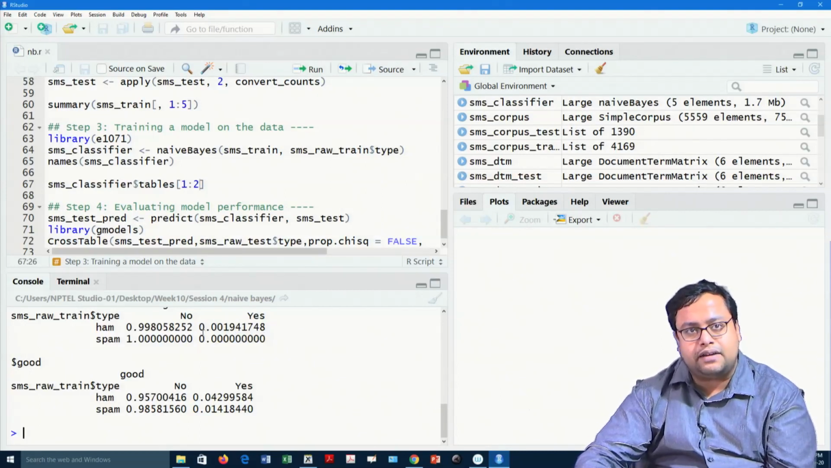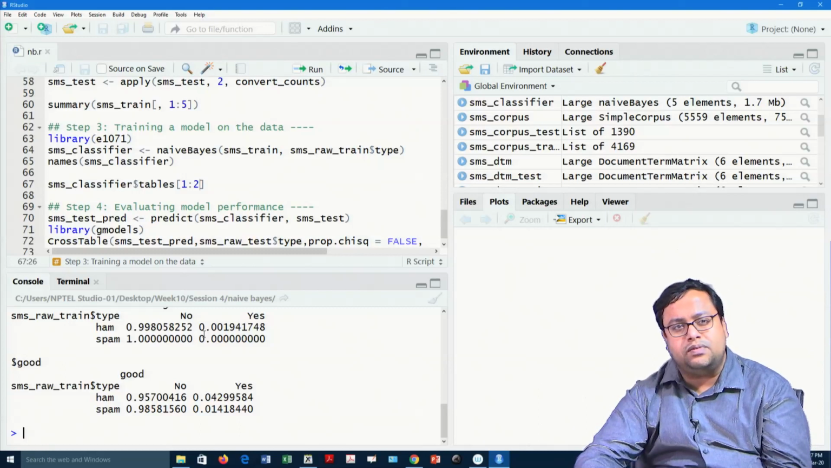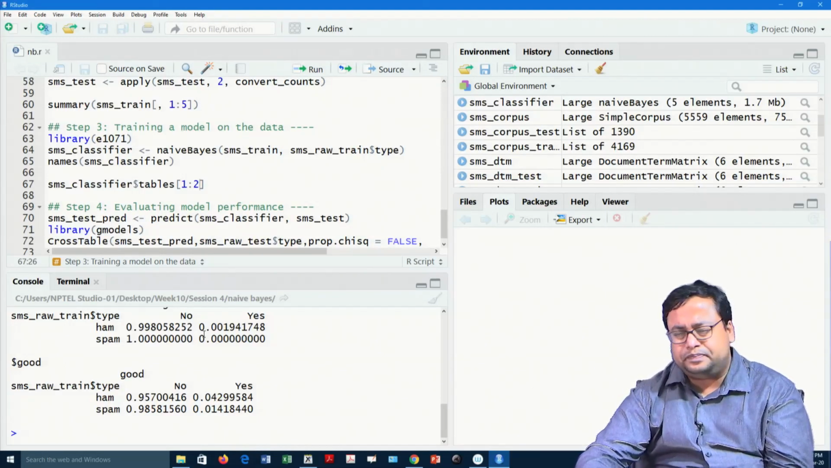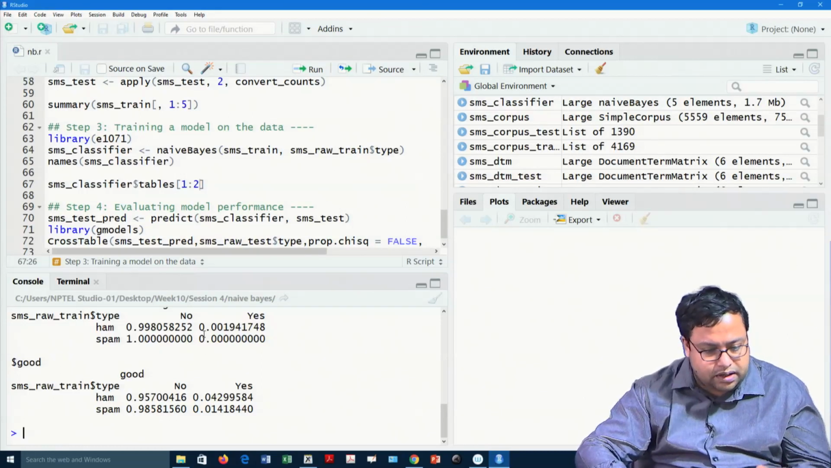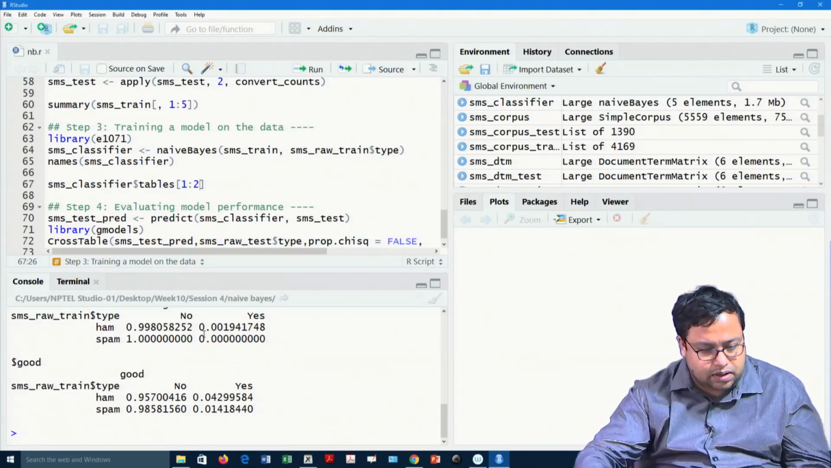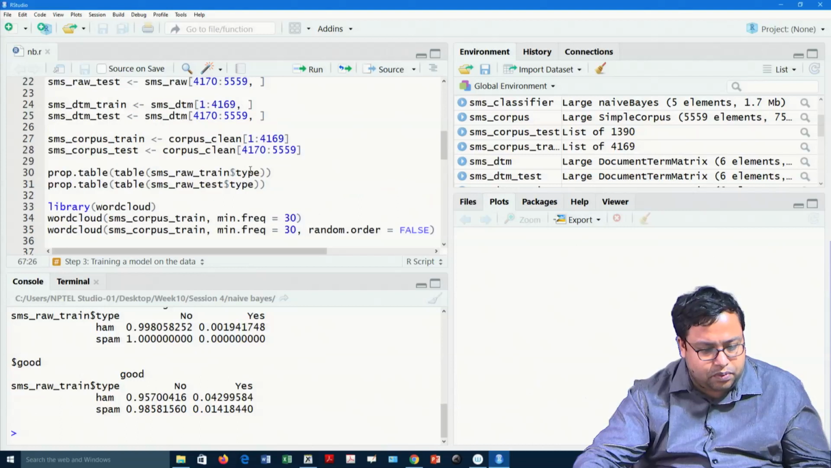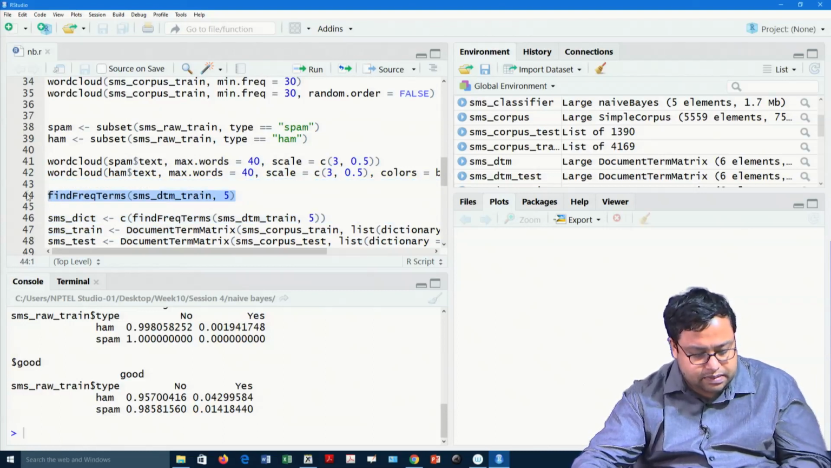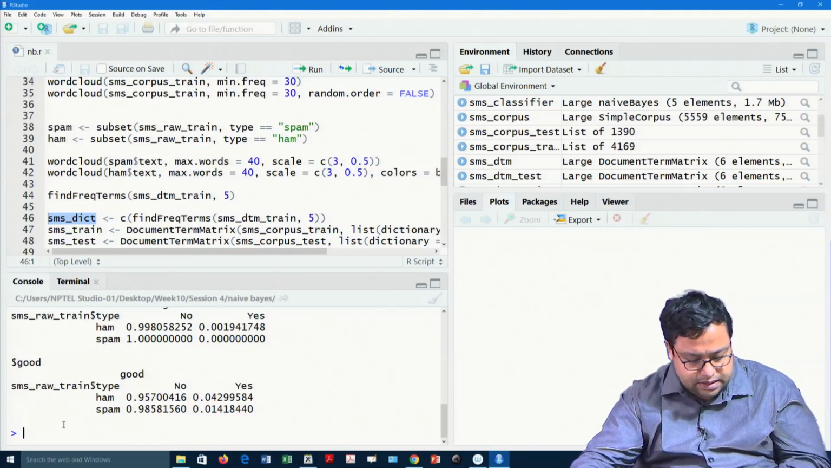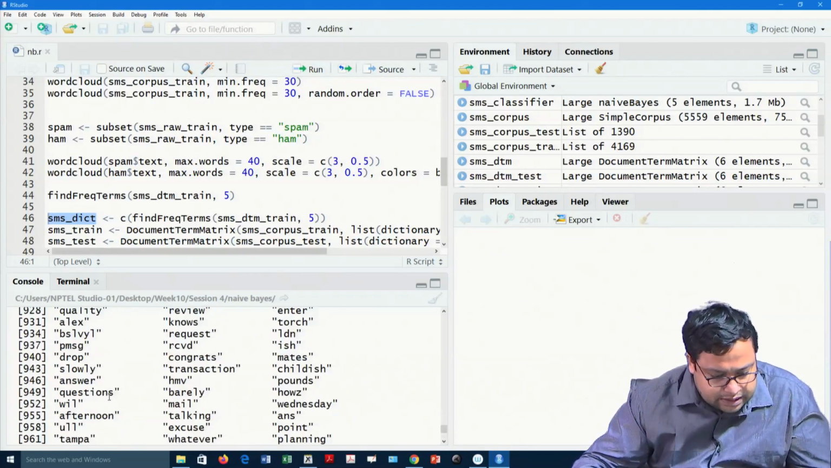So, we have to check for different kinds. If you remember, there was a word called mobile, or a word called claim. So, let us find out where the word claim is. I will quickly find out the position of the word called claim. How will I find that out? Using the frequent terms of SMS dict. So, claim,